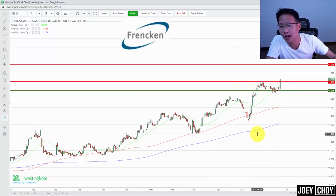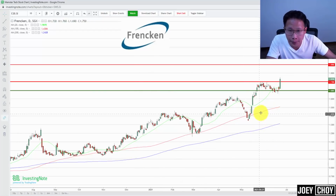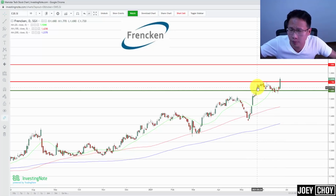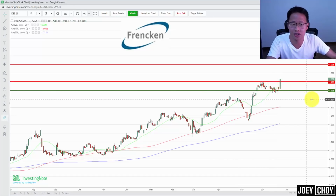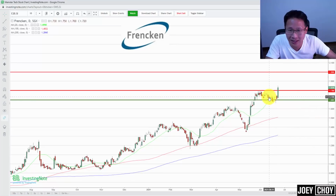Of course, the blue line, which is the 200 days moving average, has been sloping upwards as well. The red above the blue, both of them are pointing up, so a very good strong mid to long-term uptrend. But what happened over the past 1 month, I think I covered it previously, is we started to see a bit of consolidation. It was consolidating a bit, boring, I would say, from like $1.70 to $1.80. I talked about this